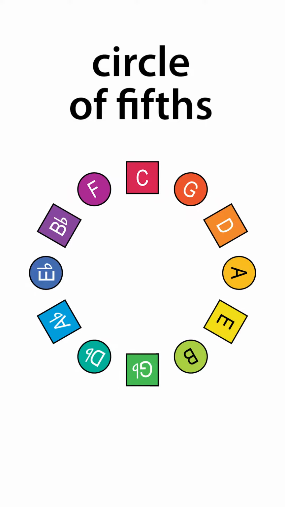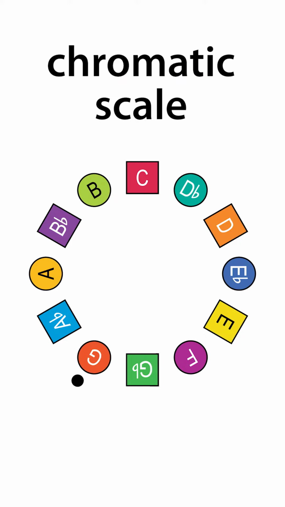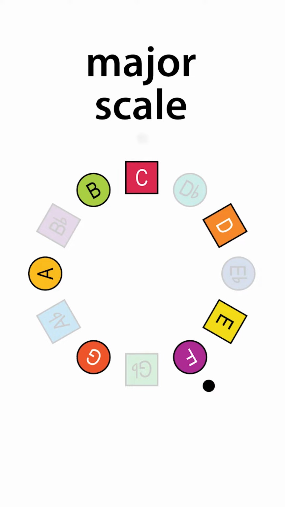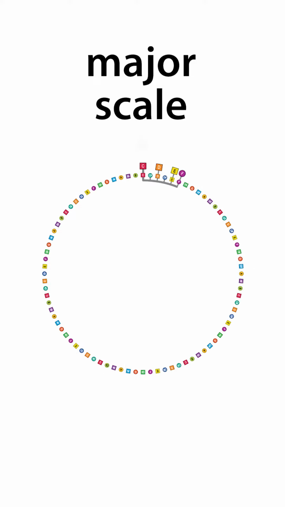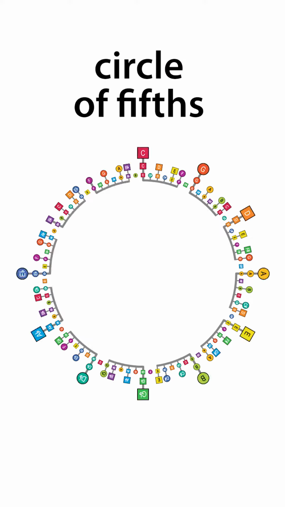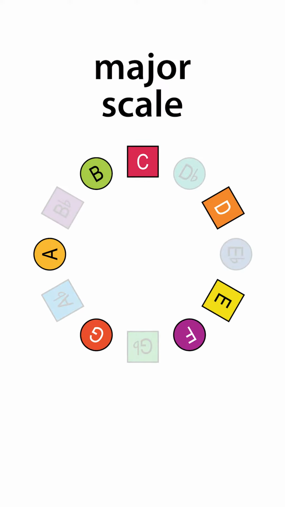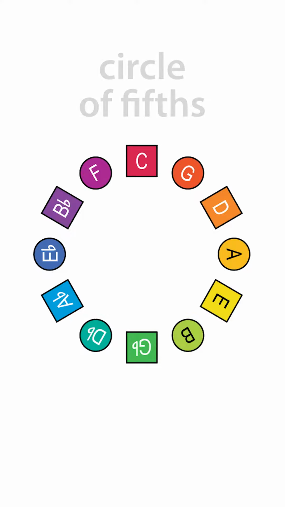And when you apply color, it's easier to see how all of these patterns relate. Again, the chromatic scale is just the 12 notes in music. The major scale is formed by playing a special pattern of whole step and half step intervals that also happen to form a big daisy chain pattern called the circle of fifths, where every fifth note in this ring is harmonically related. And together, these three patterns, the chromatic scale, the major scale, and the circle of fifths, form the